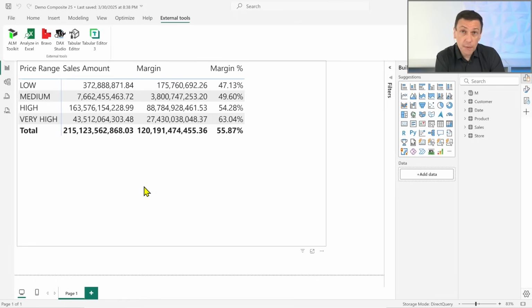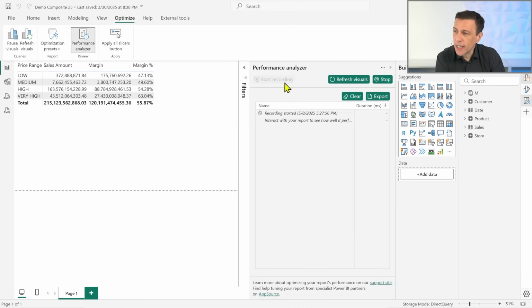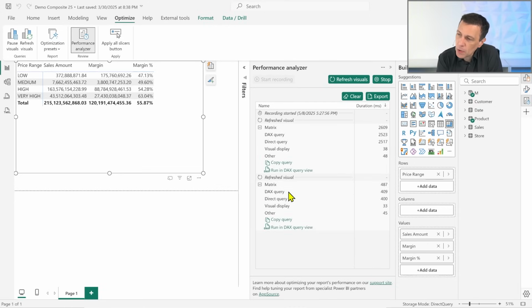And what I can observe though is that the cost for producing this report is particularly high. If I go to the performance analyzer and I start the recording, refresh visual, and I see the cost for populating the matrix, I see that this DAX query takes a relatively large amount of time. So you might say, okay, now we had the cache, so this was not too bad because we had the